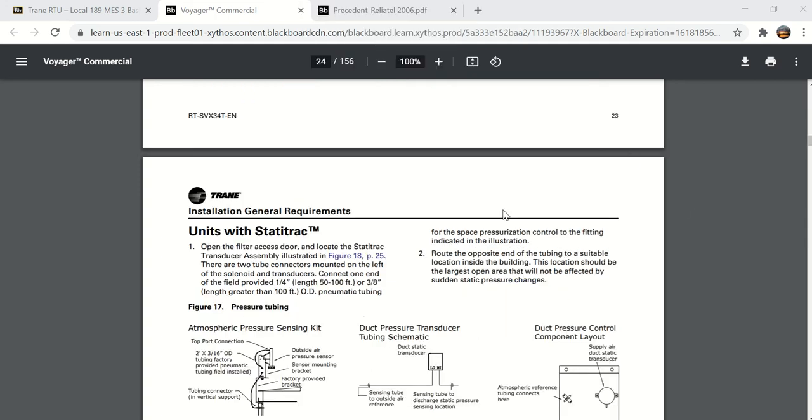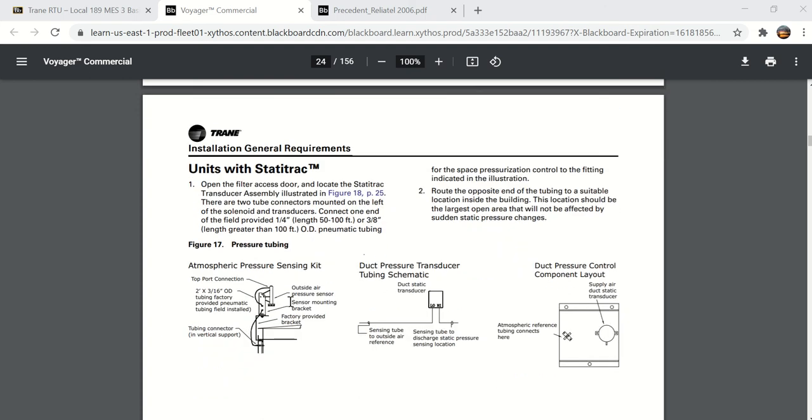So one of the things you'll see here on page 24 is the static track, and the static track is a way of measuring building pressure, and in this case, and I'll show you on the next page, it measures the volume of outside air that the unit is bringing in. But static track, if you ever see on the side of a rooftop unit where it has a bracket and it has this red, looks like something like a bird feeder thing, I guess, and there's a tube connected to it. That's an atmospheric pressure